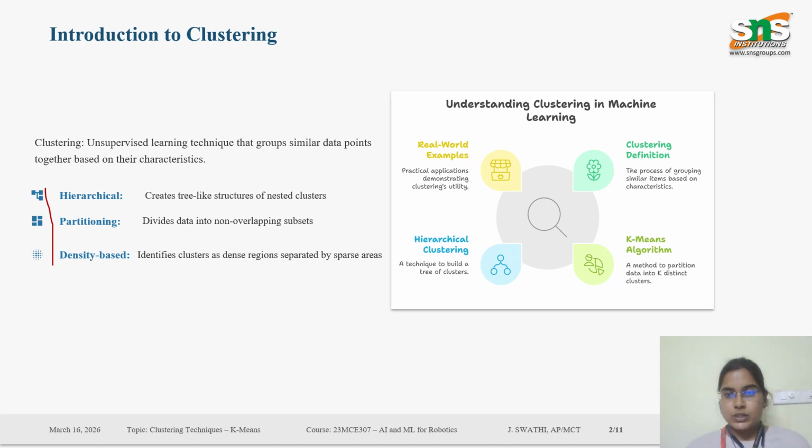Next, coming to the real-world applications, we have image processing, data separation, and stock markets, etc. And coming to the types, we have hierarchical and partitioning, and in partitioning we are going to discuss